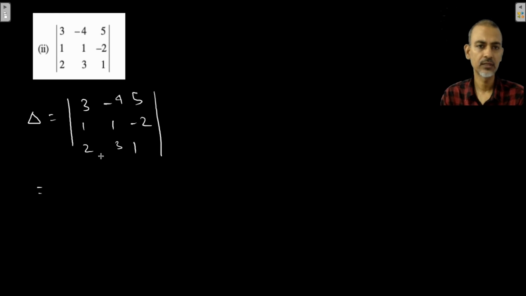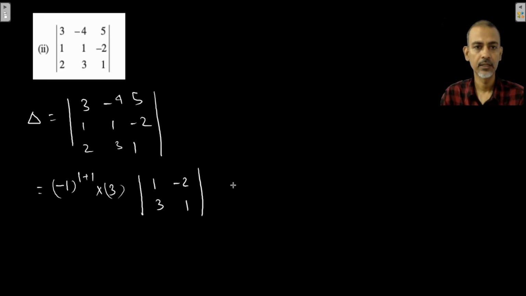Let's start with the first row itself, because last time we did the second row, right? So we'll take the first one. This will become minus 1 to the power i plus j, where i is 1 and j is 1, into 3, 3 being the first element, and then what will be the determinant? I'll have 1, minus 2, 3 and 1. The second part will be